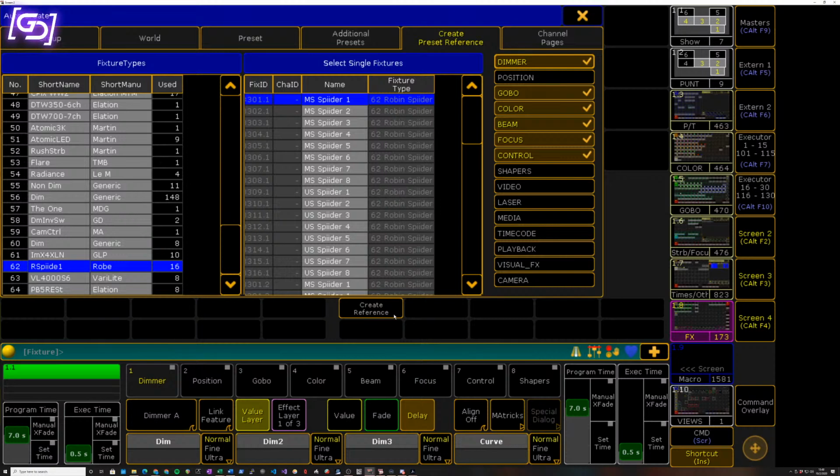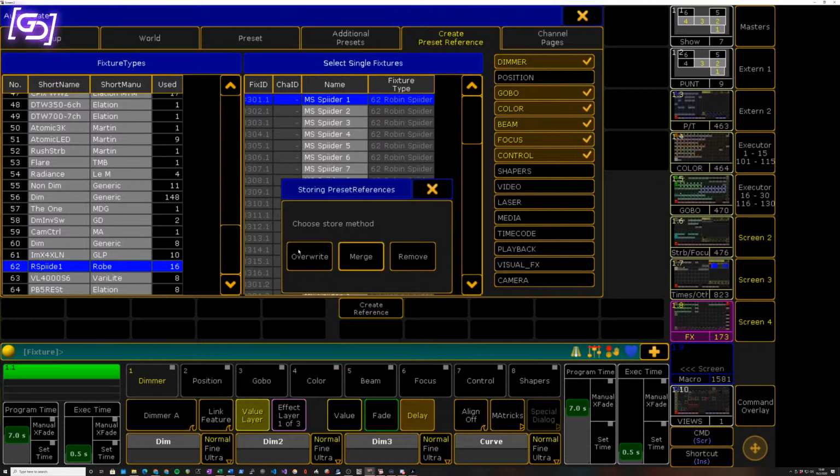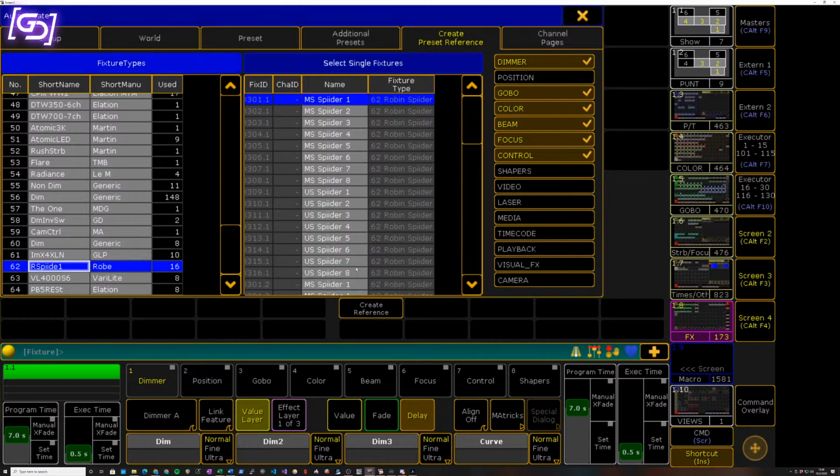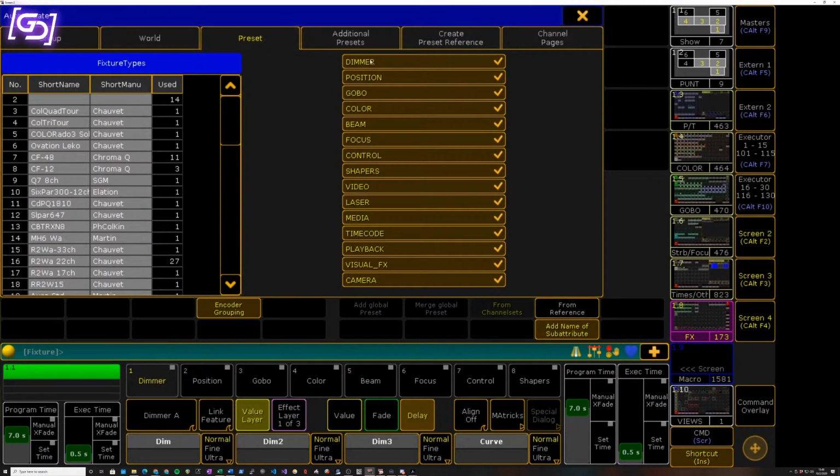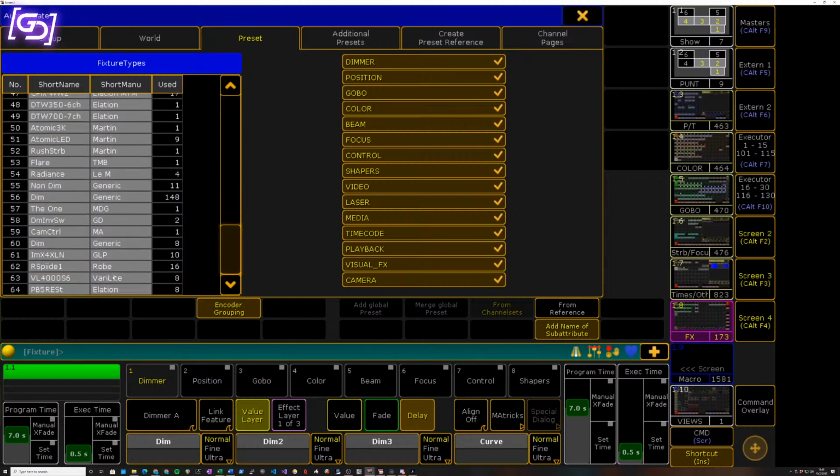So I'm going to go ahead and say create reference. So we're going to say merge. And if we want to get nerdy into the command line, we can even check what this information is. But in our auto create presets, if I scroll down to that spider, you'll notice when I switch between the VL4000 and the spider, this button becomes enabled on the spider